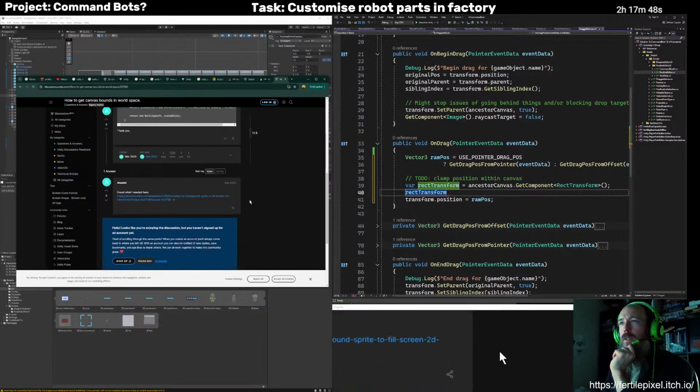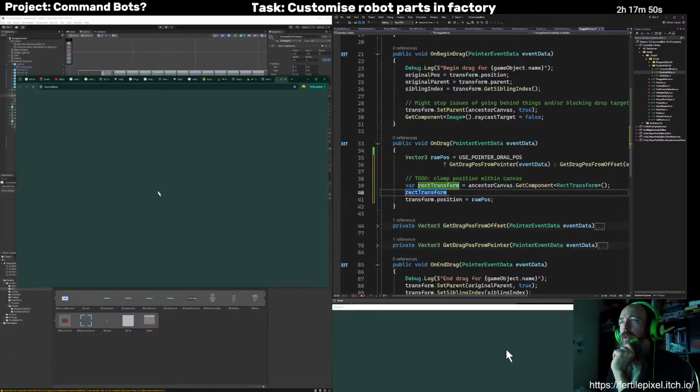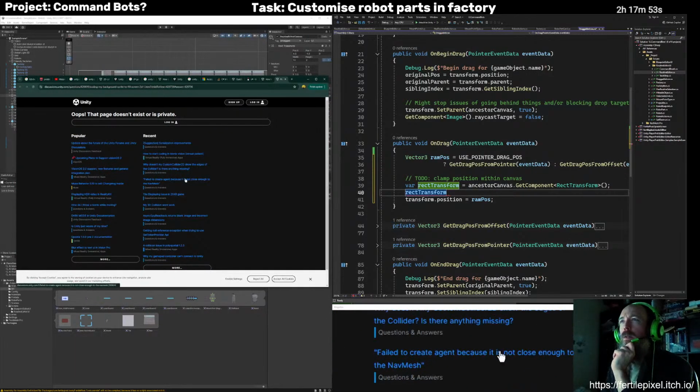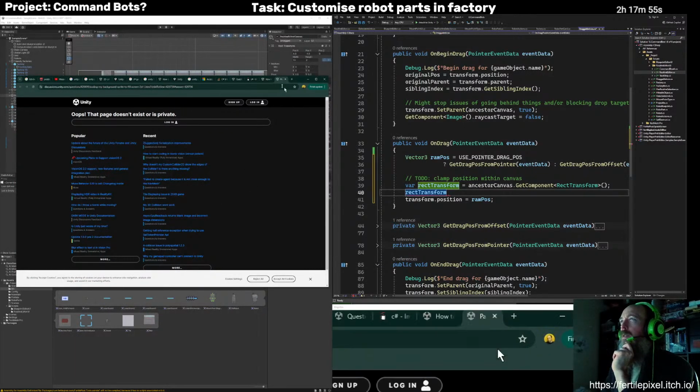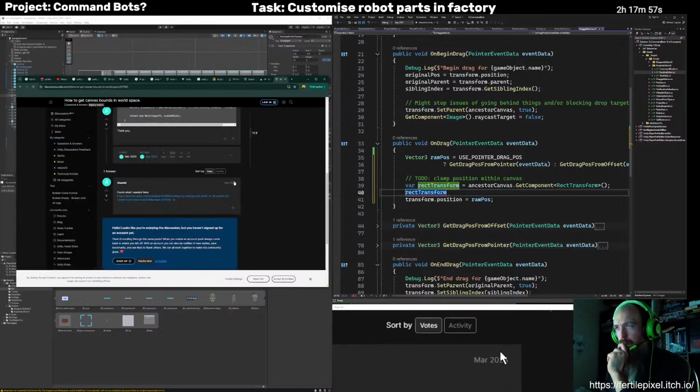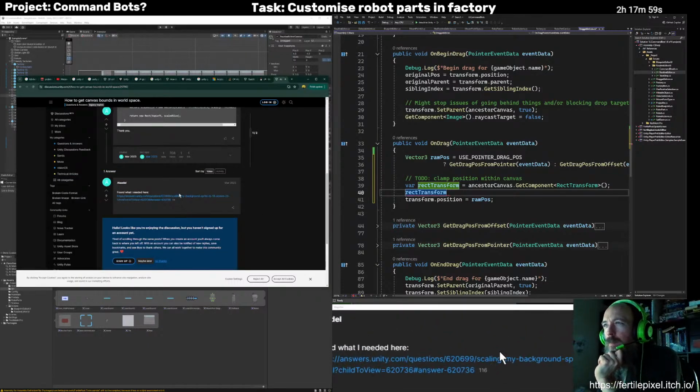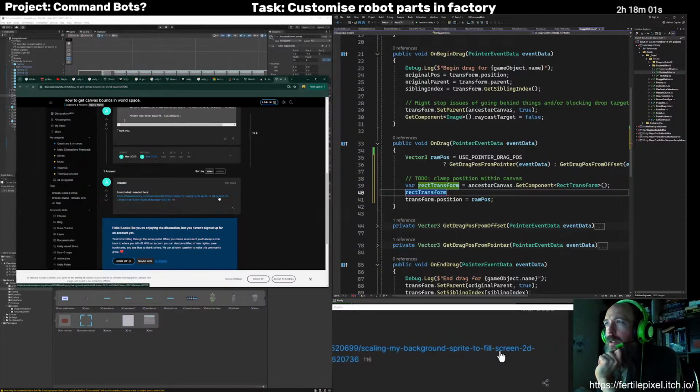Crazy results, etc. That's where they found what they needed. Oops, that doesn't exist or is private. Very helpful. Scaling my background sprite to fill screen 2D.